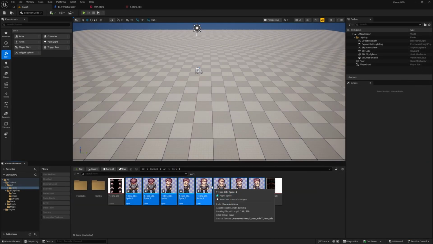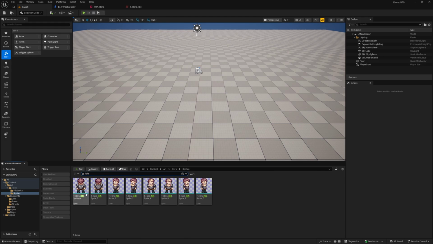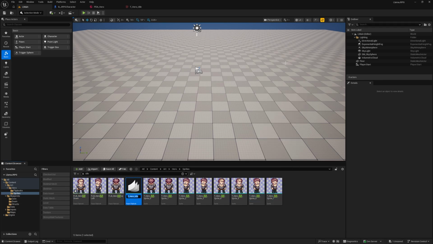For this one, we don't have any empty sprites, so let's move them to sprites. And we can filter here by idle. Select these, create flipbook, and this is gonna be FLB underscore hero idle up. This is FLB underscore hero idle left. FLB underscore hero idle down, and FLB underscore hero idle right. Let's save these and let's move these to our flipbook